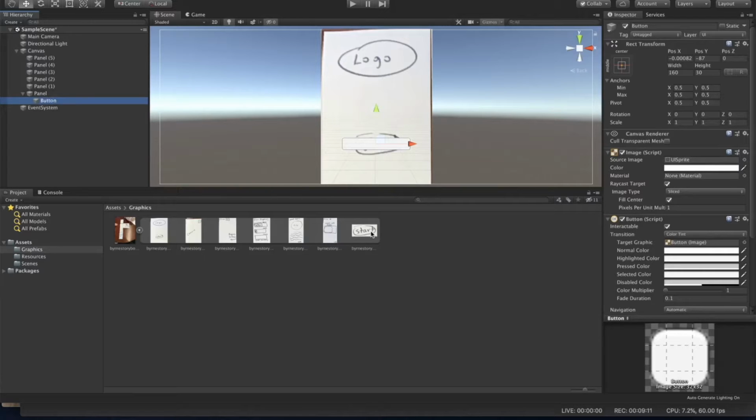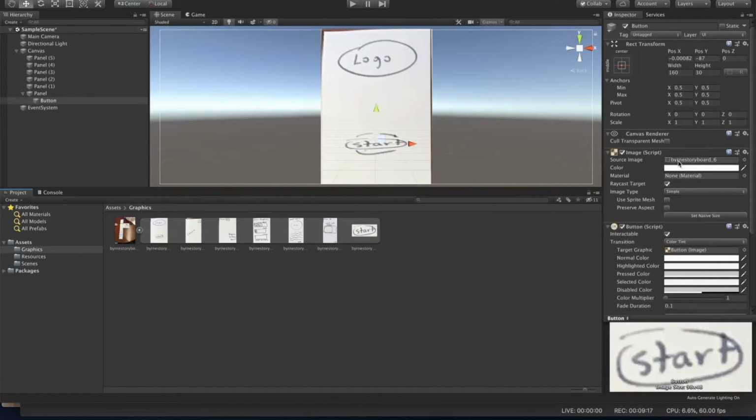I got the start, but now I need to take it and say, oh, hey, give me my sprite. That's under source image. It's the sprite, and now there it is. So the button has that, and I can move it around. It's a little squashed. So I don't know if there's a preserve aspect. Let's do preserve aspect. And so now it's a teeny button, but we need to make it bigger,